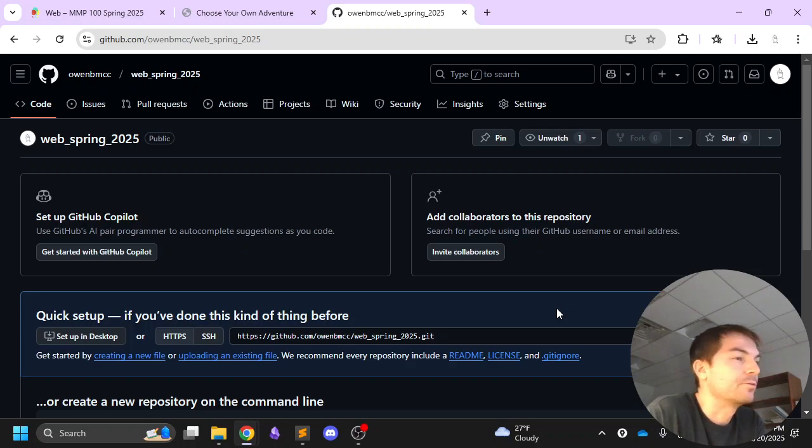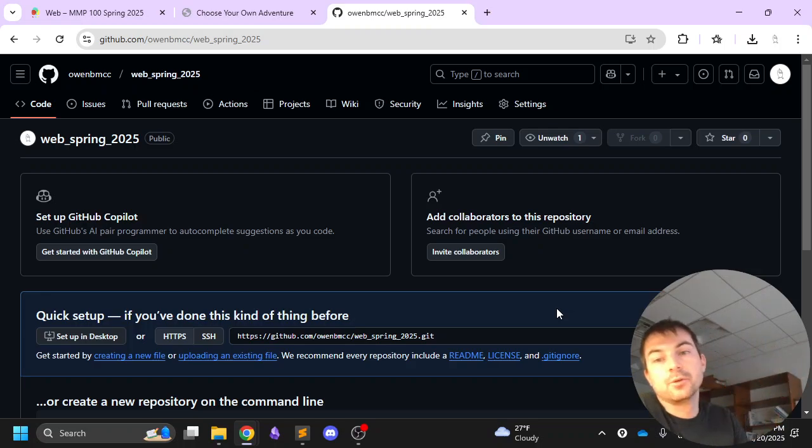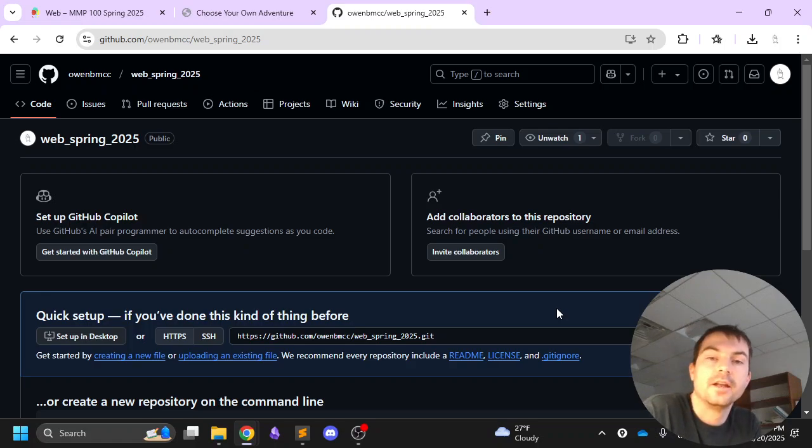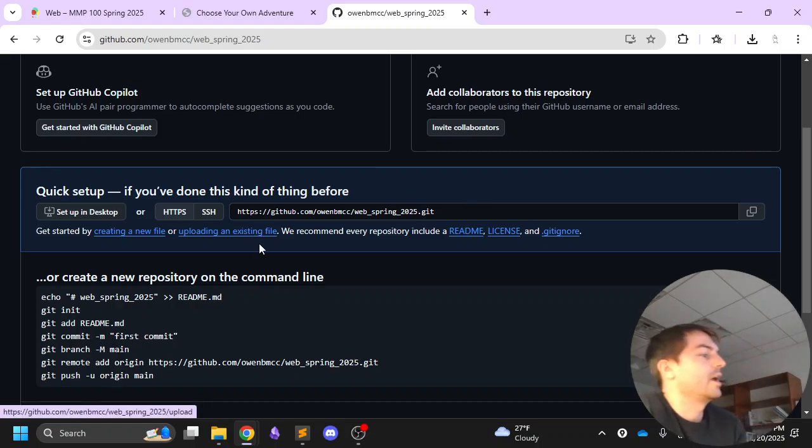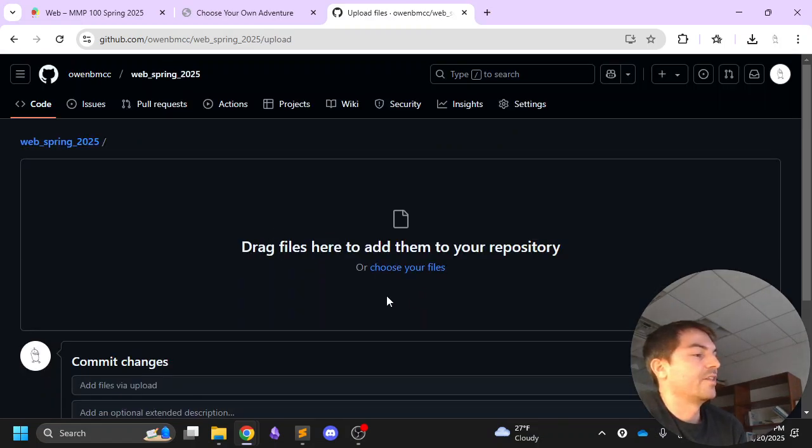Okay, so we've created the repository. Now we need to upload our files, and then we need to publish it. So to add code to the project, when you're first getting started, you can click on Upload an existing file. So right here where it says Quick Setup, there's different ways to do this, but the easy way that we're going to use is just upload an existing file. I'm just going to click Upload, and then I can just drag and drop files from my computer directly into